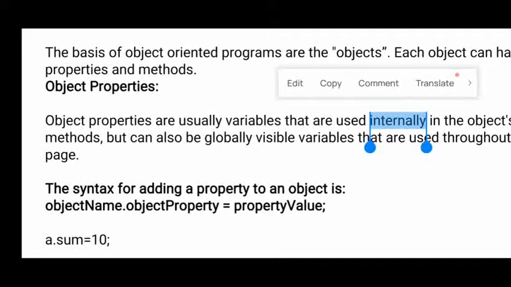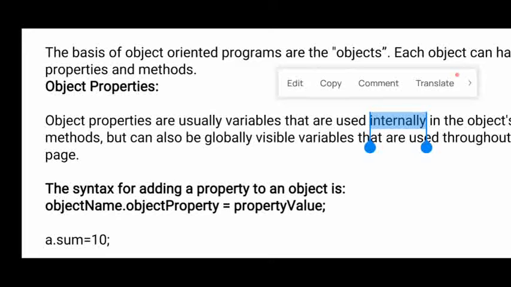For example, if you have a Math object, what can you store inside Math? Math variables and math functions. Pi value is a variable, square root is a method. But Math is an object. What are we storing inside that? We are storing methods and variables of that particular object.